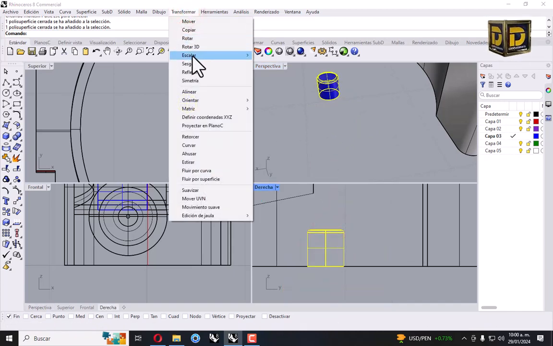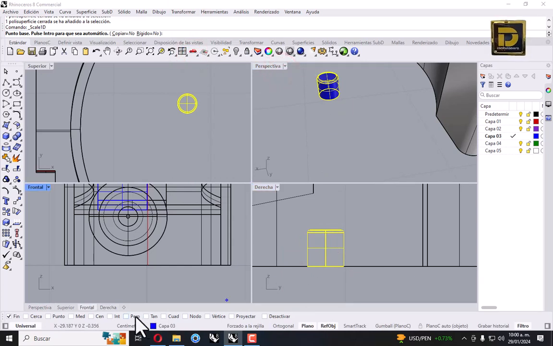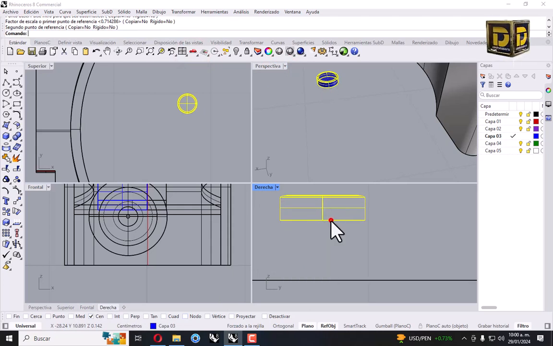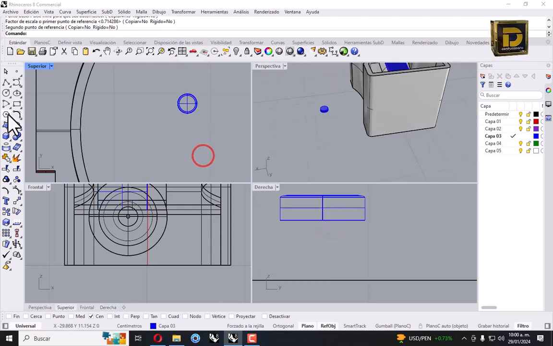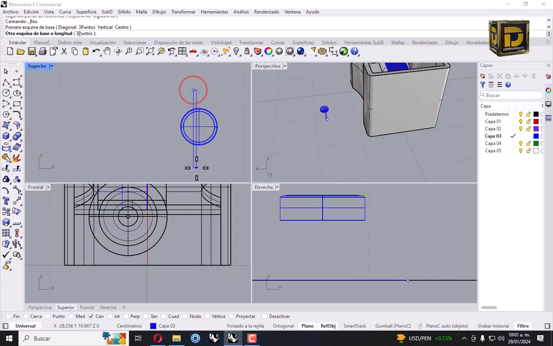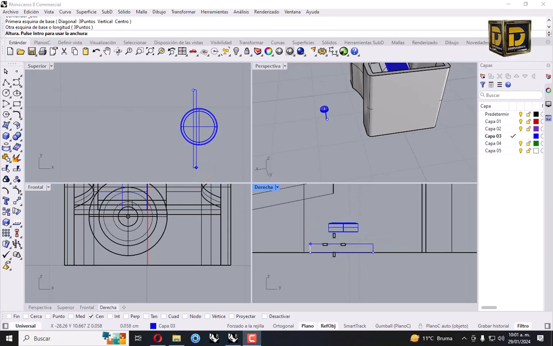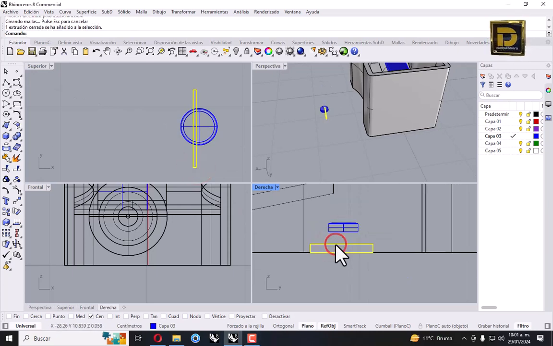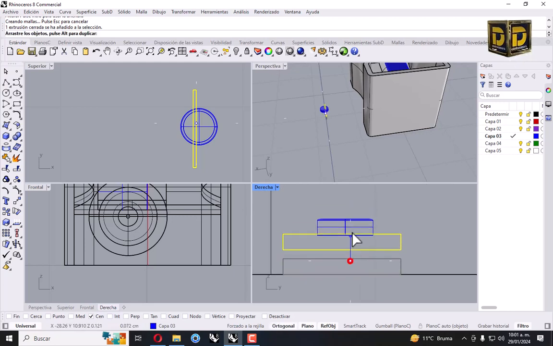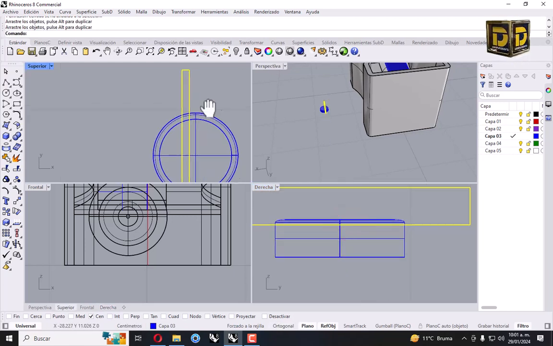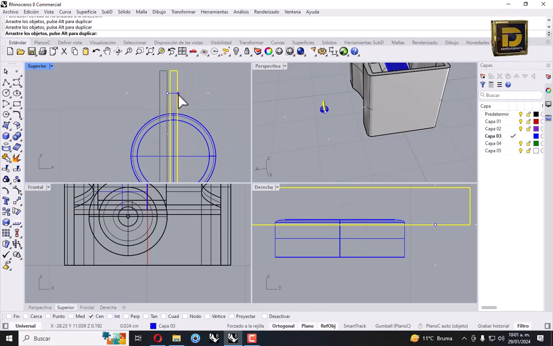Go to transform, scale 1D, from center to center, like this maybe. Now we're going to make a box. Height does not matter. Why? We need to move over this piece, and let's move here.